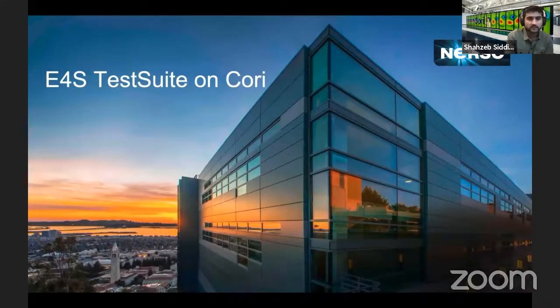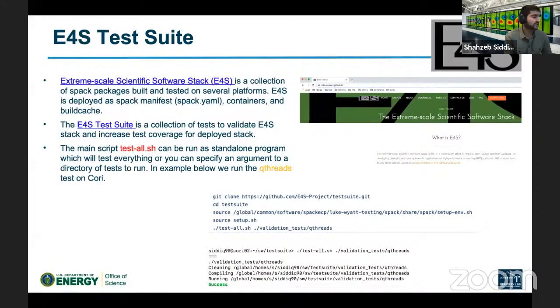Next, we'll talk about the E4S Test Suite on Cori. First, what is E4S? E4S is the Extreme-scale Scientific Software Stack. It's a collection of Spack packages that are built and tested on several platforms. E4S is deployed as a Spack manifest, at least that's what we use, but it's also deployed as a container and build cache. The one we're interested in is the E4S Test Suite. This is the collection of tests used to validate the E4S stack, basically to increase confidence in the